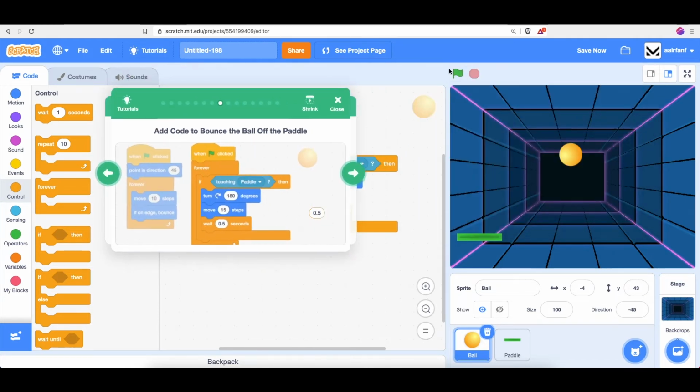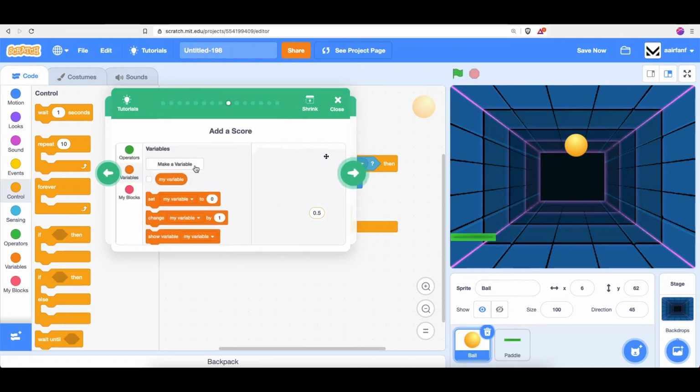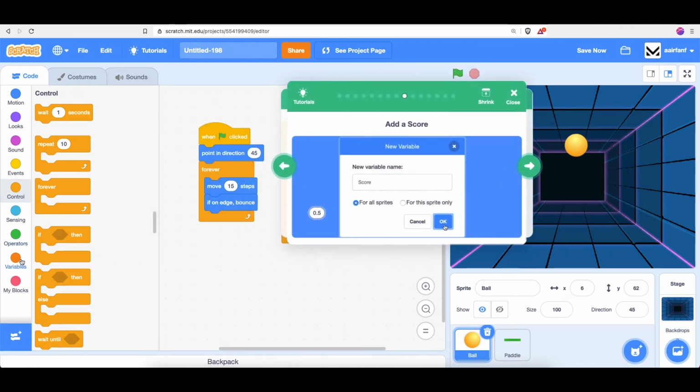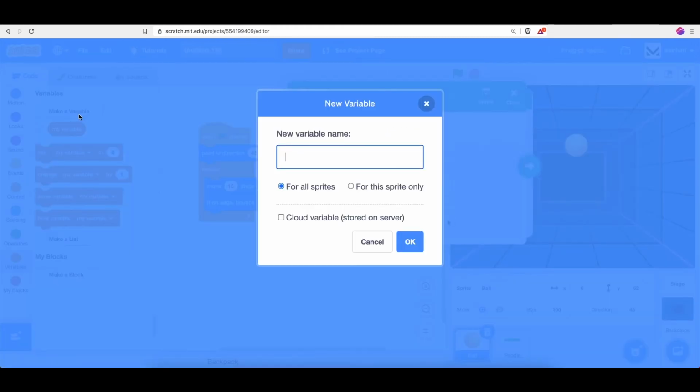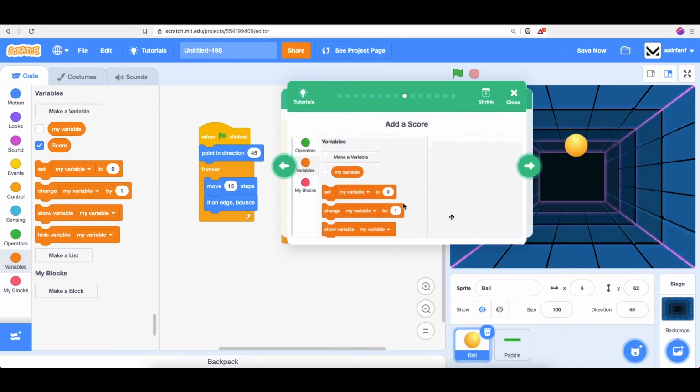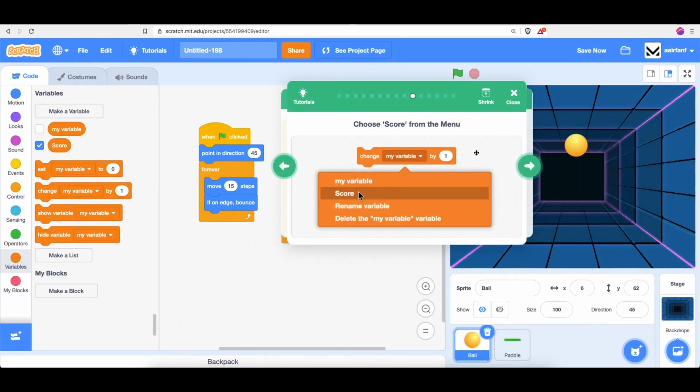And now you can see if we click, we now can bounce the ball off our paddle. Awesome. Let's click the right arrow, and we're going to add a score like we did in our last game. So go to variables, create a new variable called score, press OK. Let's click the right arrow again,